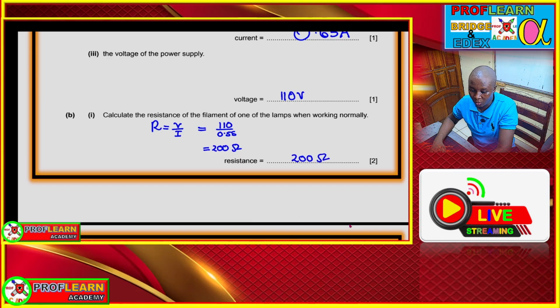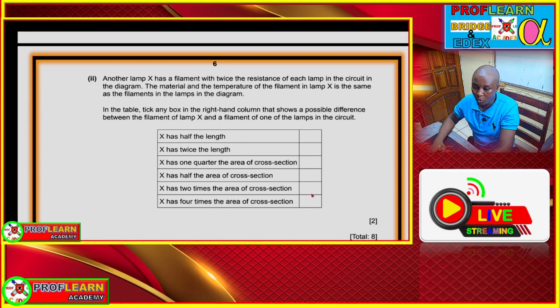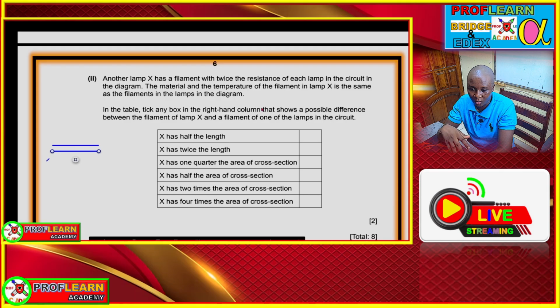So this is going to be 200 ohms, and then we can proceed to this question. Question Roman 2 is looking at factors that affect resistance in conductors. Here we have a conductor of resistance R, and then a second conductor made of the same material, with the same cross-section area, but half the length. So if the resistance of this longer one is R, since this one is short, or half of that,